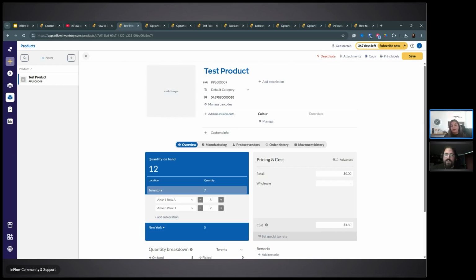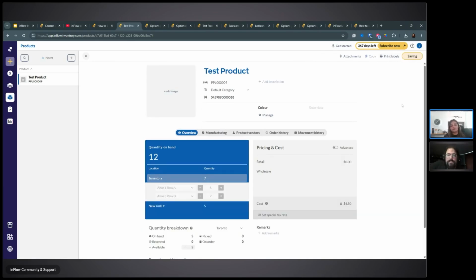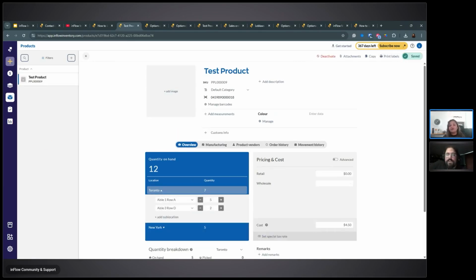Would there be an update to include sub locations? You could do a product feedback about it. I can't guarantee it at the moment because I'm not sure how that would work on the developer side of things, but I can absolutely give a shout out for product feedback. Yeah, 100%. Sorry, I was just going to say